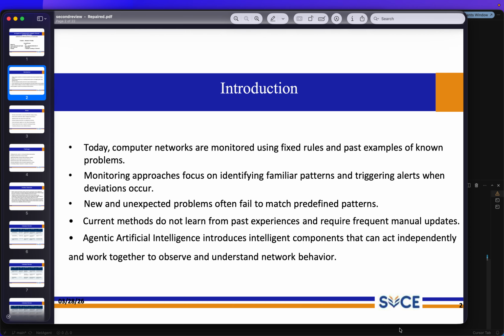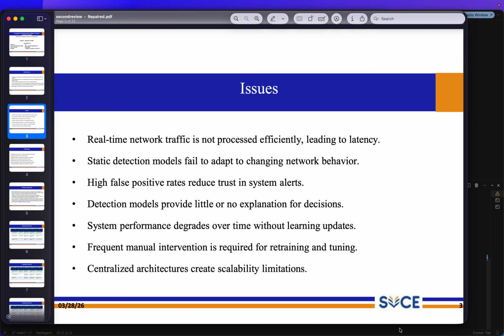Today, the networks through which applications communicate are static and have many security vulnerabilities. Identifying those patterns is very tedious work because any new pattern can occur, and traditional ML models may fail to capture the new network vulnerabilities that are being detected. That is the reason for these issues.